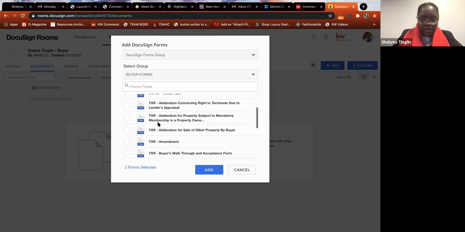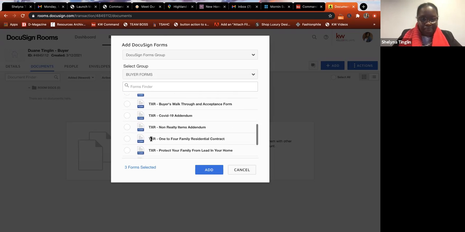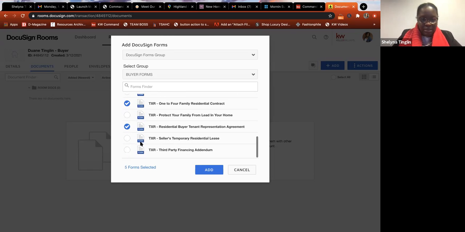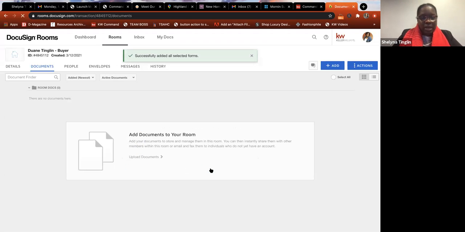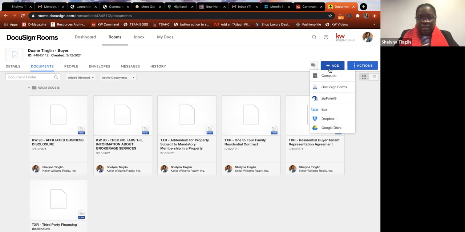Or let's say I'm writing an offer and it's in an HOA: 1 to 4 family, the rep agreement, third-party financing, and you click add. Now that you have the documents inside of the room, the first thing you're going to do, so not all of these documents, I'm missing 2 documents here. So if there's a document that's not here, when you click on add,